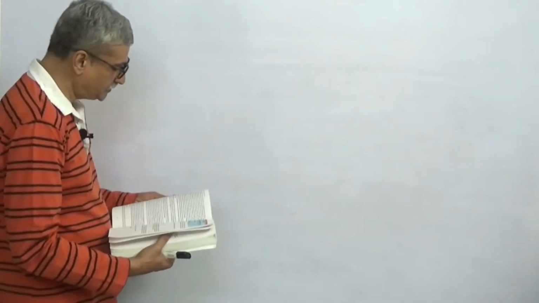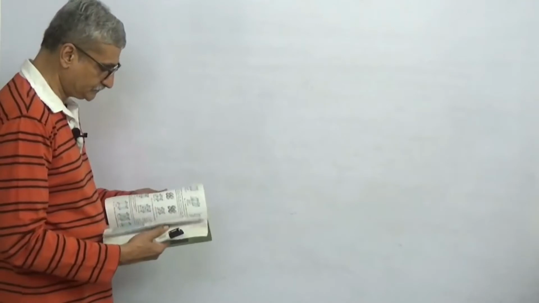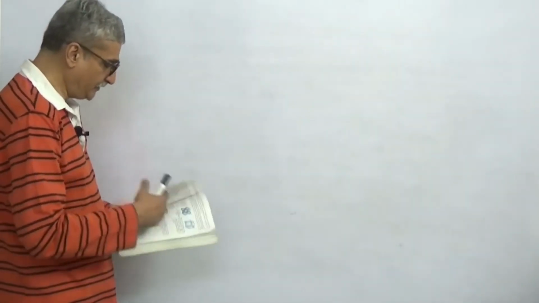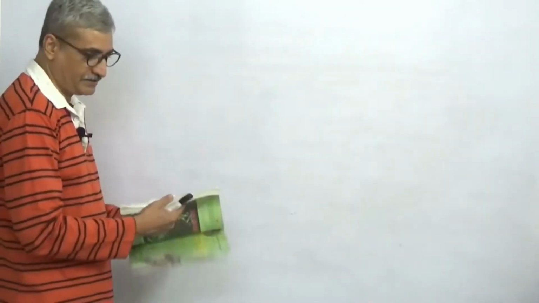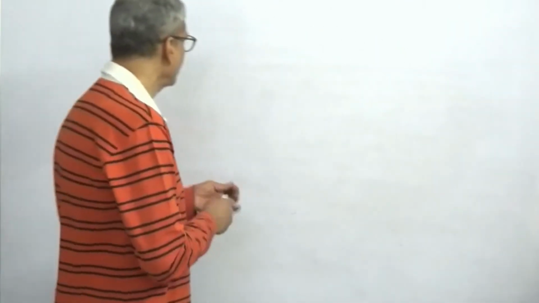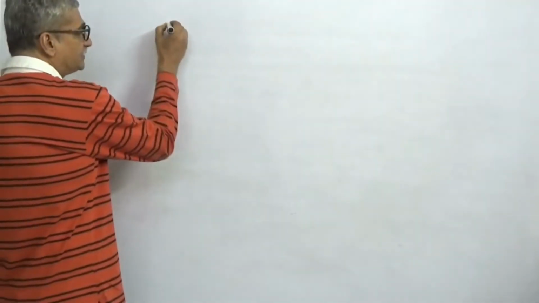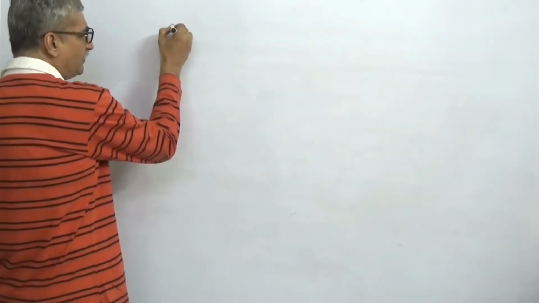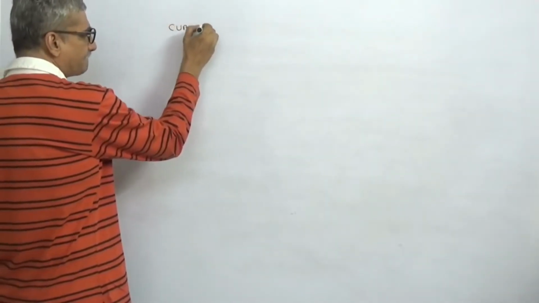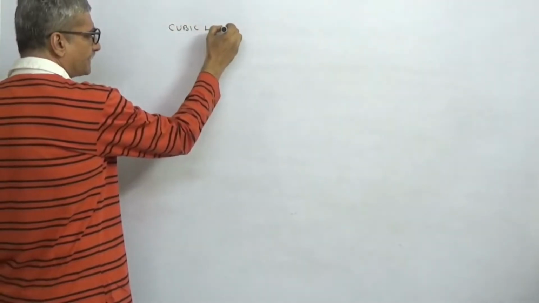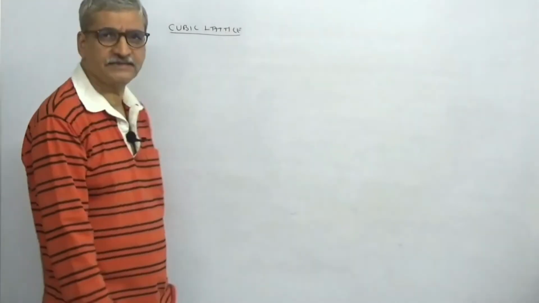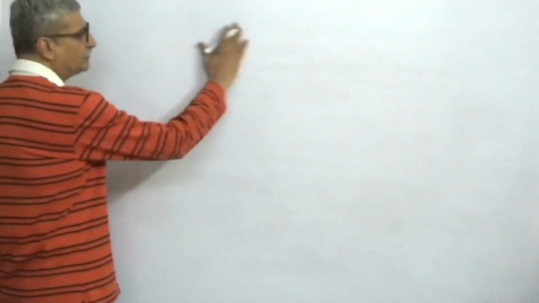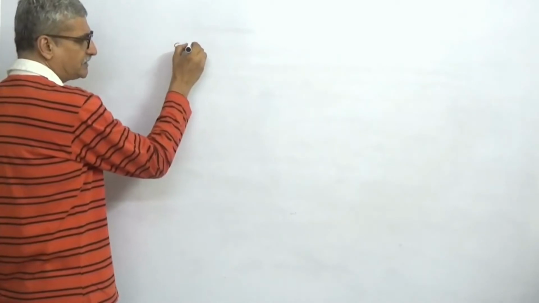Up to now, I had definitely finished Bravais lattice and coordination number. Now what we have to talk about is the number of atoms. Today I am talking about, we are still on the cubic lattice. Our whole study this year is going to be only for cubic lattice. Is this point clear?